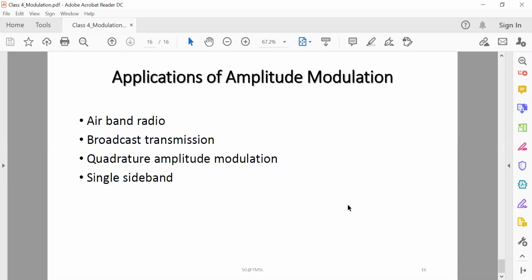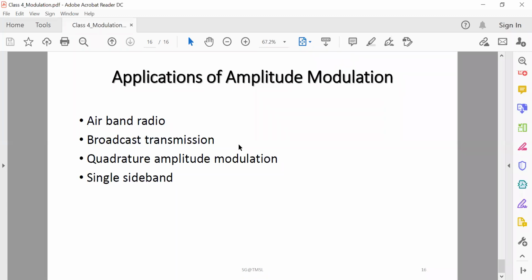The second is broadcast transmission. It is still widely used for broadcasting, either short, medium or long wave bands, because of low cost. Quadrature amplitude modulation is used in the transmission of data of almost everything, from short range transmission